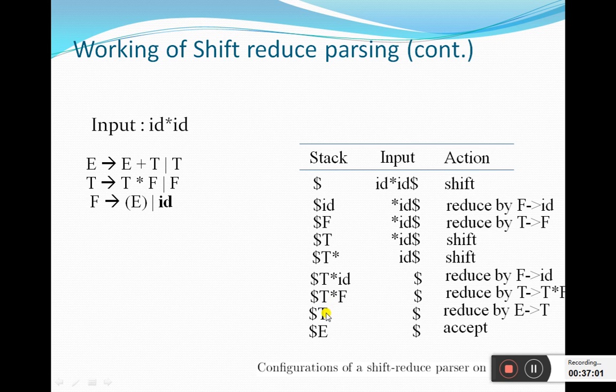So we'll get one more sentential form. Again apply the reduce action, E arrow T, T is reduced to E. Then input is finished, and on the top of the stack you have got the start symbol. So the final configuration or acceptance configuration of the stack is reached. Therefore, the string is a valid string and it is accepted. You can see, starting from the initial configuration of the shift reduce parser, we have applied a sequence of shift, reduce, reduce, shift.